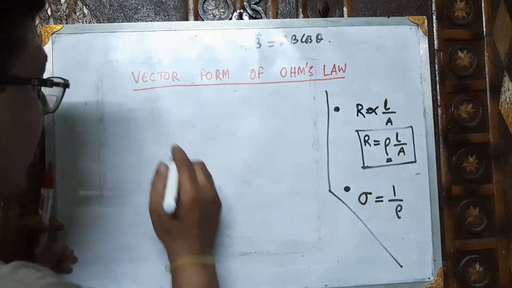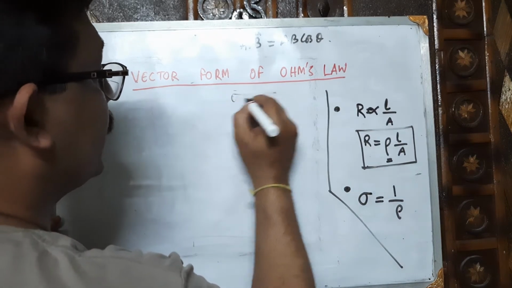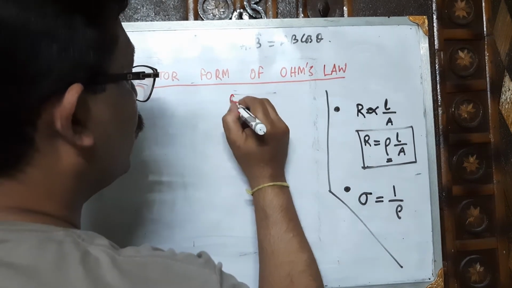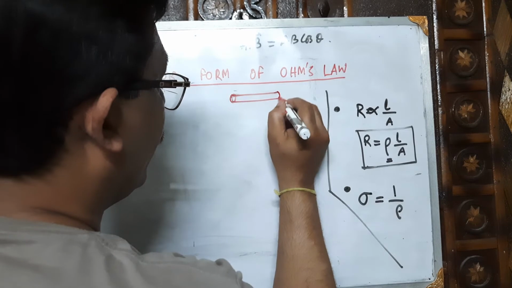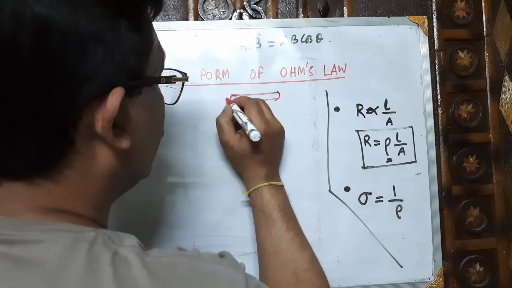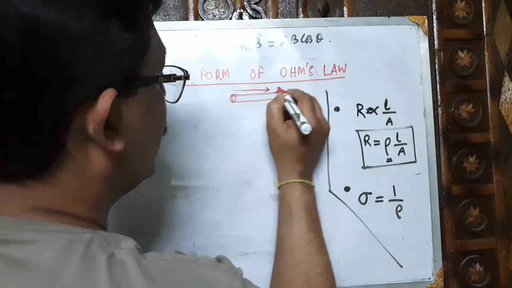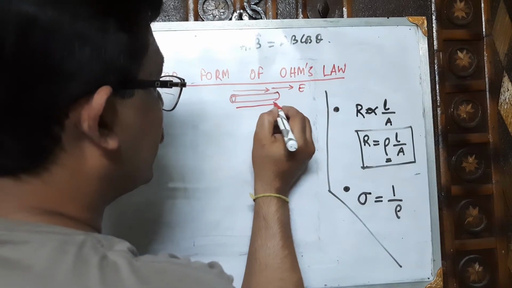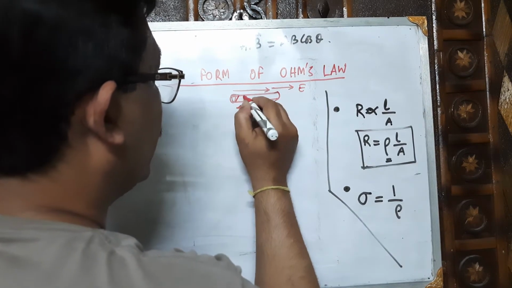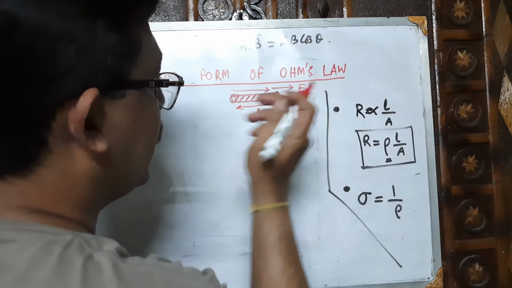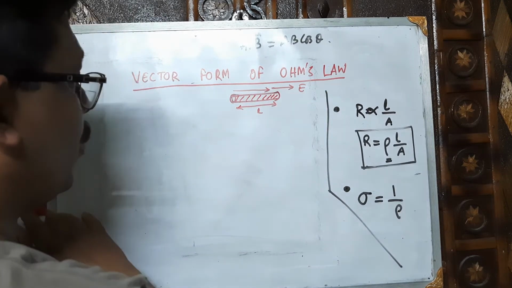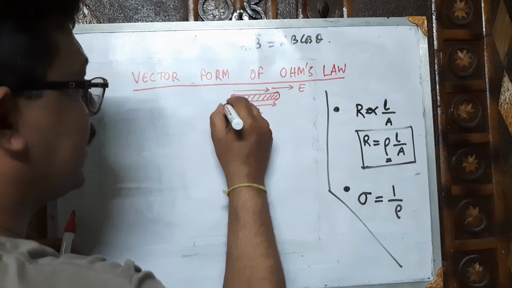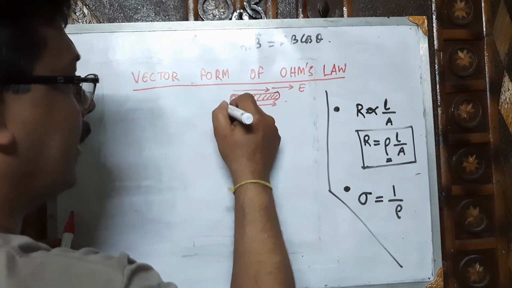We know this one. Suppose there is a wire. Let me take one wire. So through this wire, if I set up the voltage V, this is positive to negative, electric fields are passing like this. This is the electric field and the length is suppose L, the length of the wire. So if I take the L length of the wire and electric field is E, then at the two ends we can set up a voltage difference. Suppose the voltage is V.